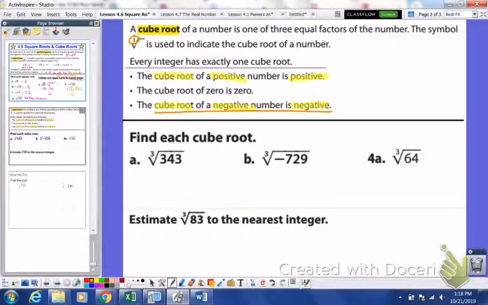So the cube root of 343. What times itself 3 times would give us 343? Now, I'm not looking for division. We do not divide. If you don't know your cubes, a lot of times we know our squares off the top of our heads, but you might have to do a little bit of guess and check. So if we go to our calculator,